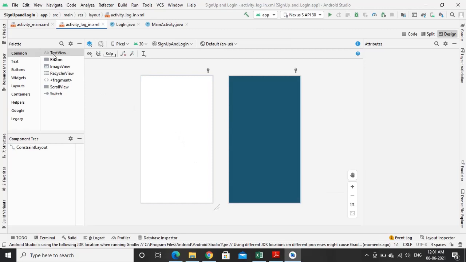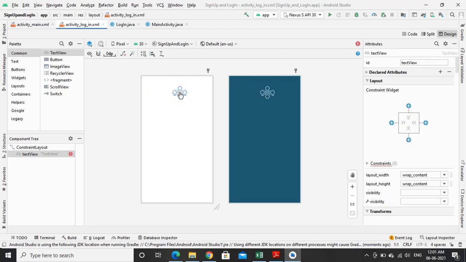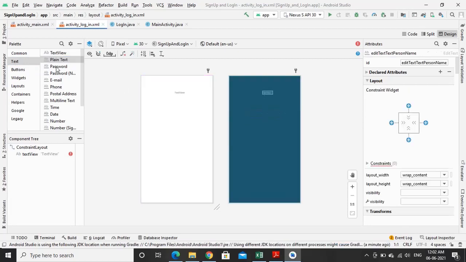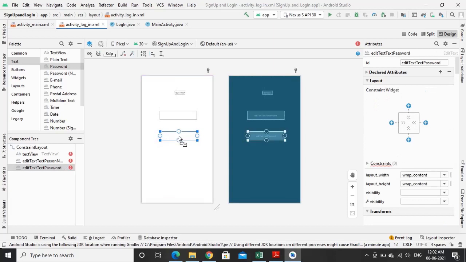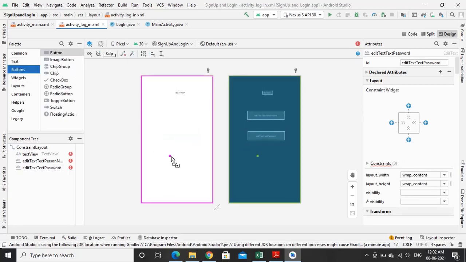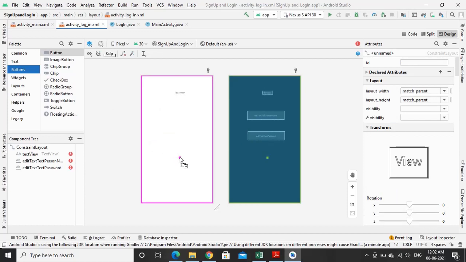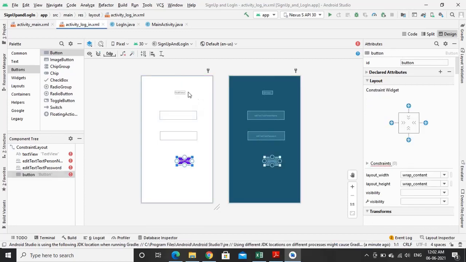We require one text view for displaying a login page or login activity. We require two edit texts, one for username and one for password, and we require a button. Add all the constraints.